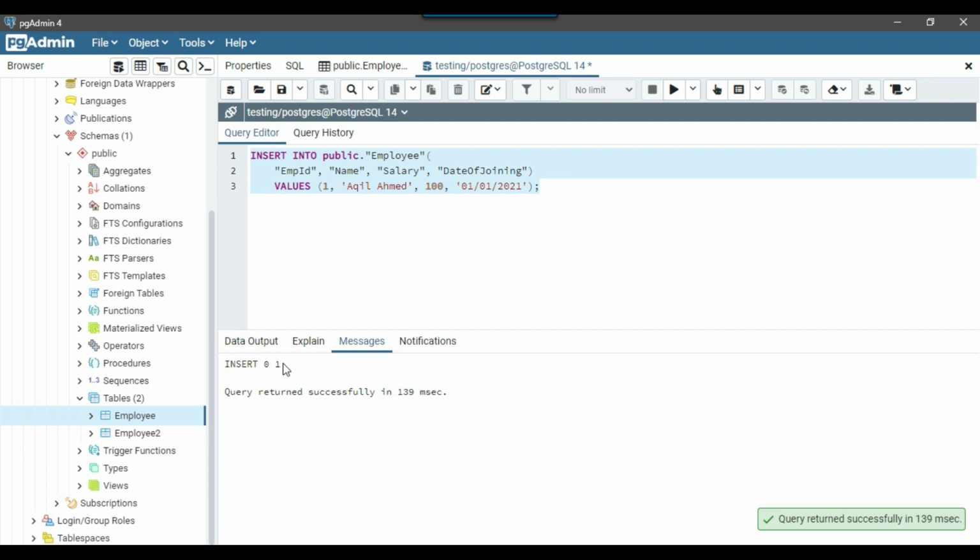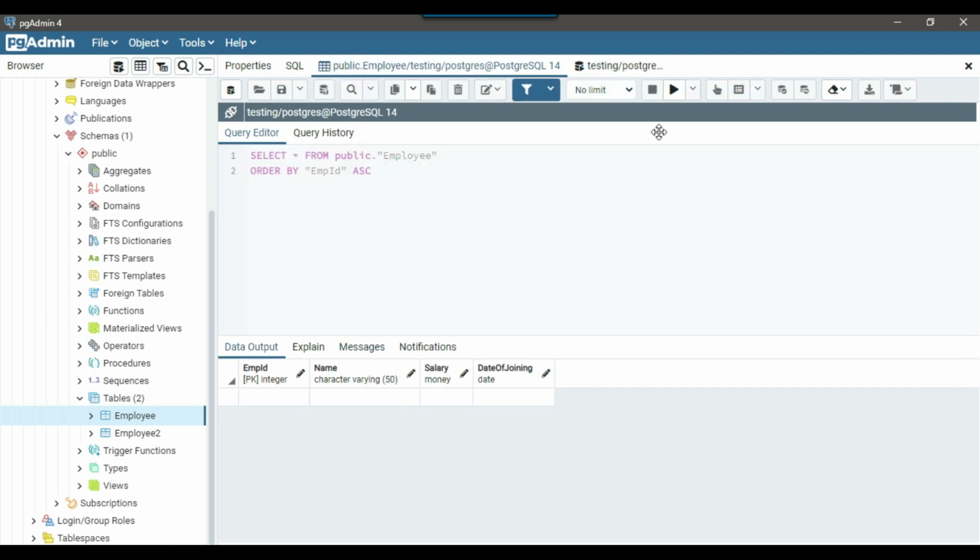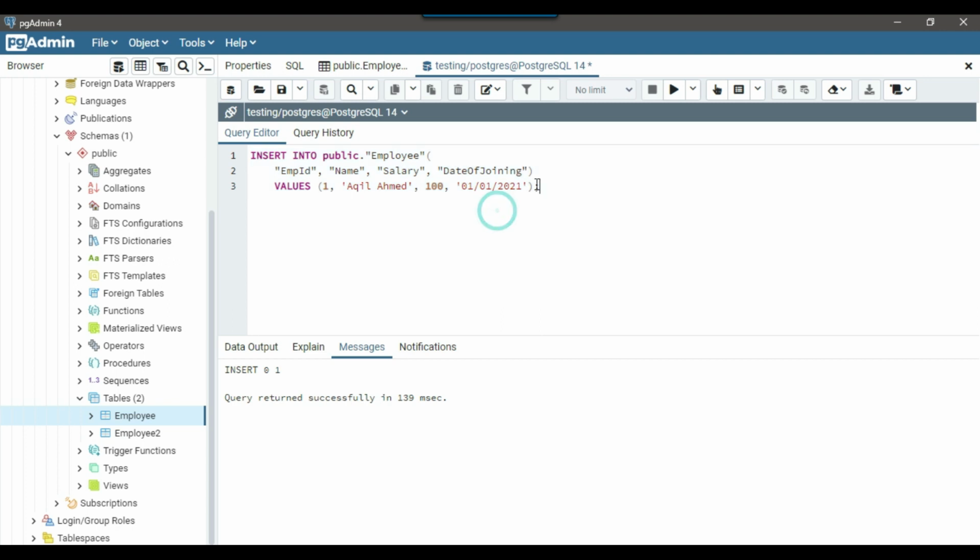It seems like the insert ran fine and the query returned successfully. Now I can go back to the select statement and rerun this query. Now you can see that a record has been inserted into the PostgreSQL table. So this was one method that you can use with the insert statement. Suppose you want to insert multiple records, then you can copy paste and modify your query here. For example, employee2 and something. This is the way that you can use the insert statement that is generated by PostgreSQL as well.